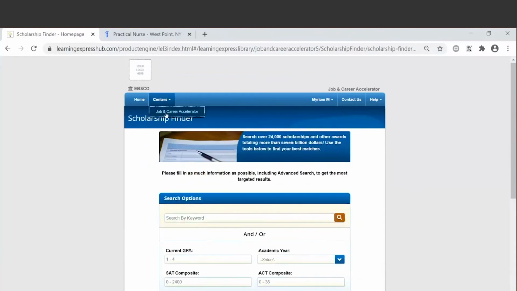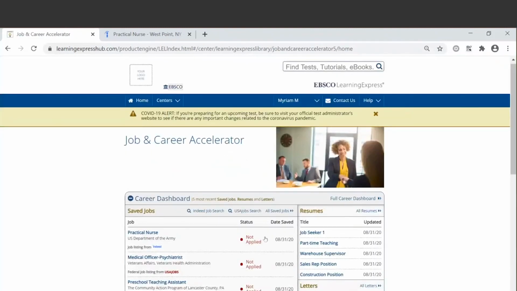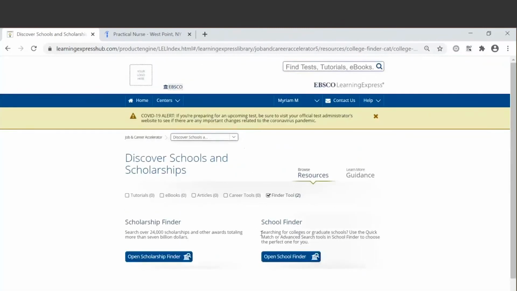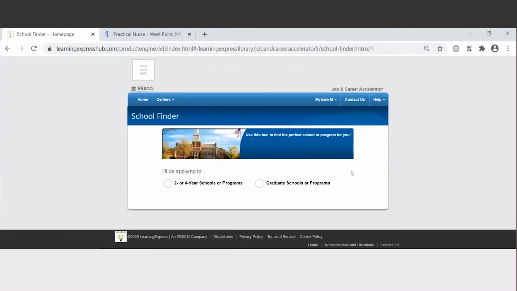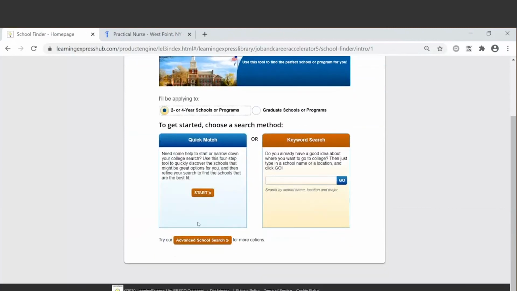And so the school finder is just as easy. Let's go back and go into the school finder. You can search for 2 or 4-year institutions or programs or any graduate school programs as well. And so going into our 2 to 4 year, you can do a quick match or you can do a keyword search if you know exactly the school that you want to attend. And then we also have our advanced school search. But showing you now, going into the quick match,